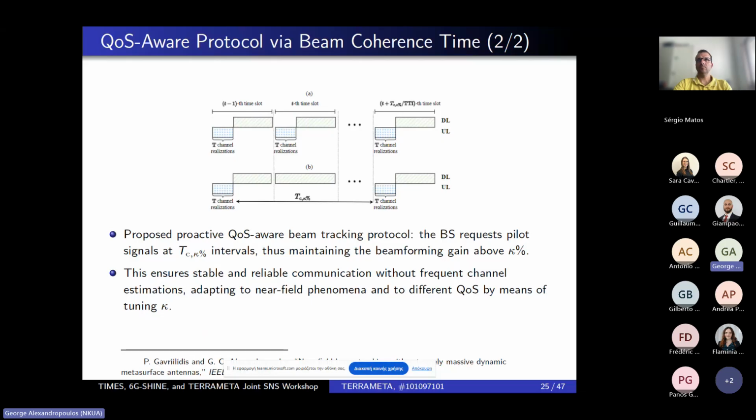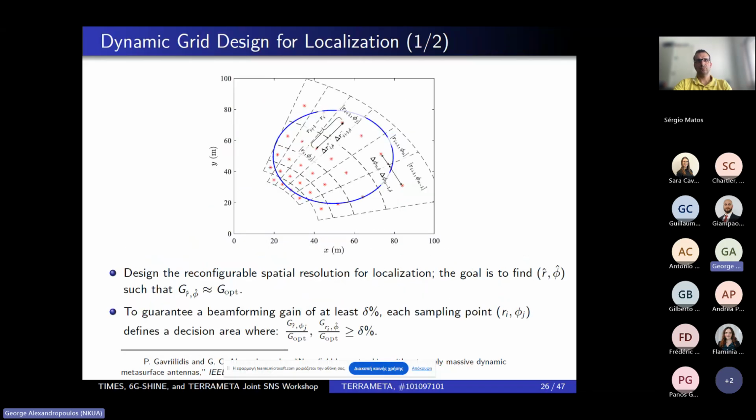And what this overall protocol tries to do, and actually does with the results that we have presented in this paper, is ensure stable and reliable communication without frequent channel estimation, and it adapts to the near-field phenomena and different QoS by means of tuning this K% that I mentioned before. In doing that, a critical aspect is this dynamic grid design that has been presented in